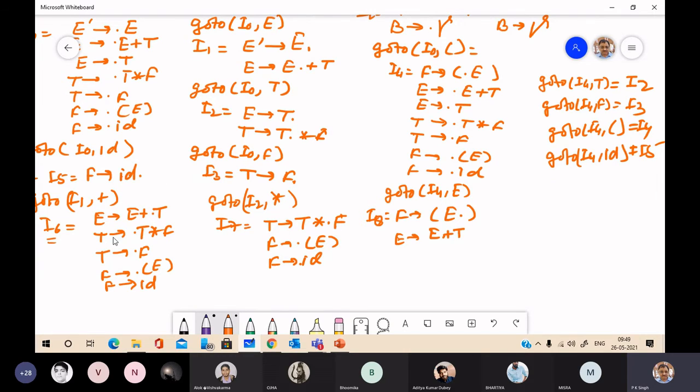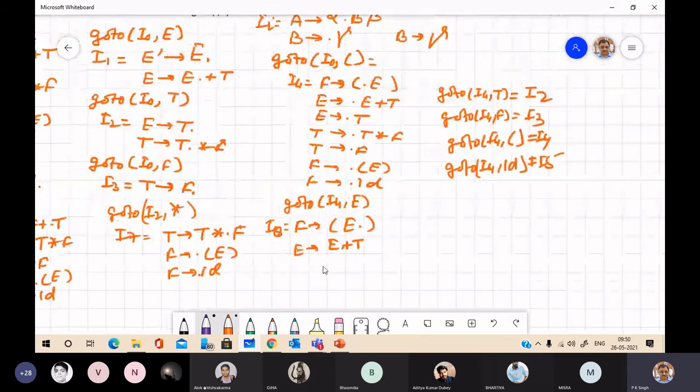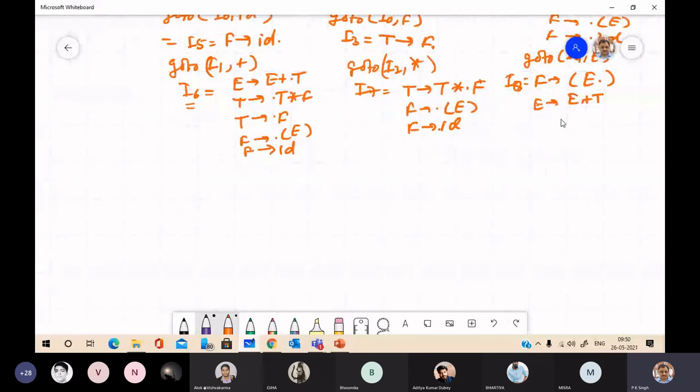Now come to the I6. I6 is this. Here you can apply go to I6T. Go to I6T, you can see, will give here I8 is I8. Go to I6T will give I9.